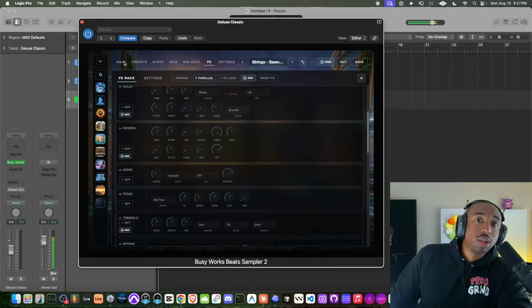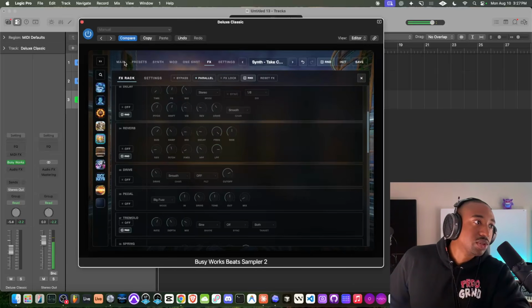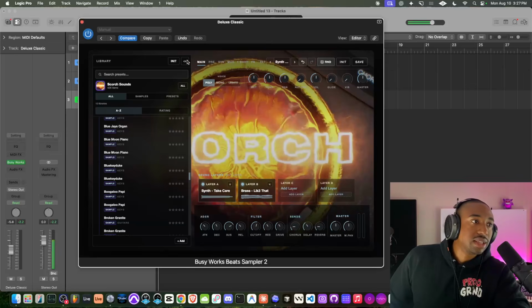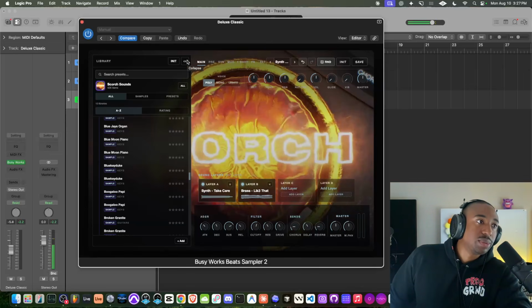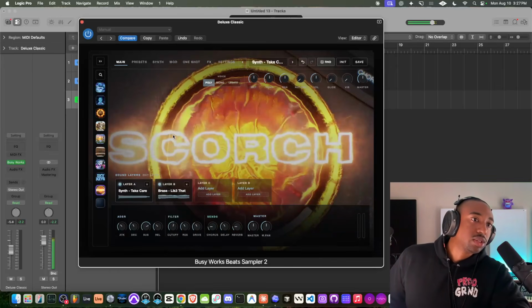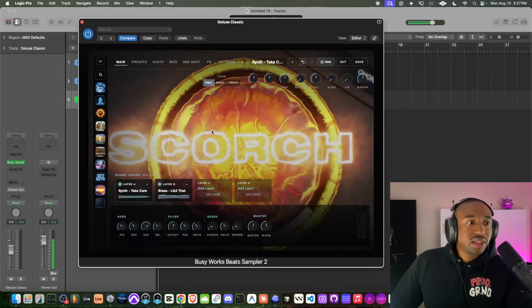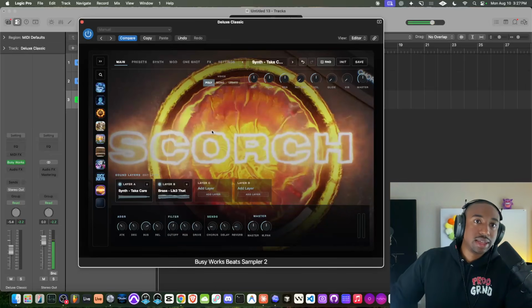Now again, it pulls from all of your sound libraries. So sometimes it pulls from our sound libraries. For example, you can load up Scorch sounds inside this plugin. Scorch is not sold with the BusyWorks Beat Sampler 2. It's just that Scorch from Software Audio, they've included what's called the SFZ, so you guys can import these right